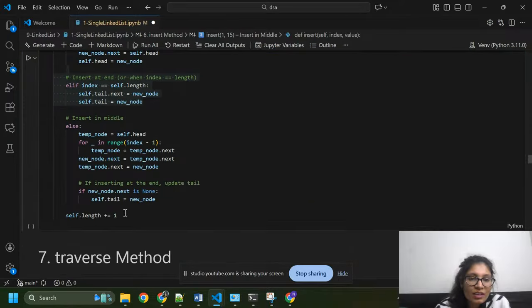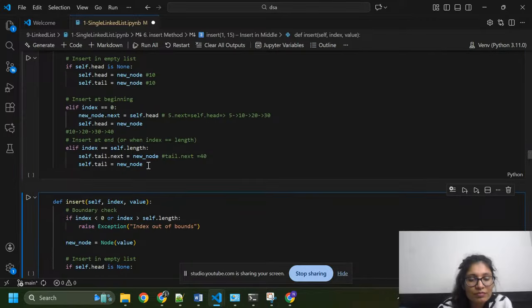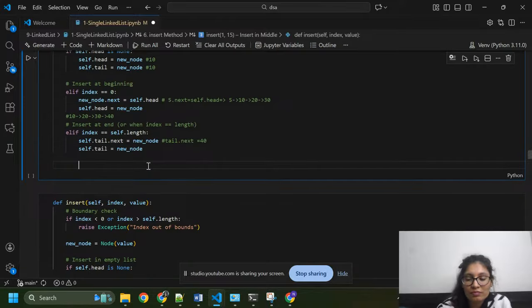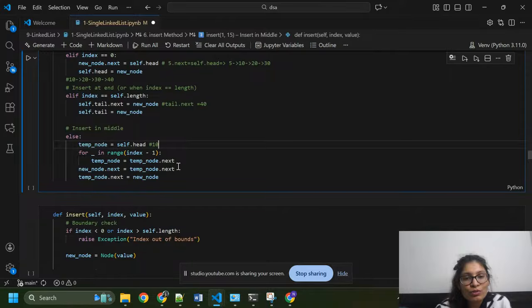Now we are going to insert in the middle. Temp node equals self dot head, which means we have 10. This is the temp node. I am going to use a loop.